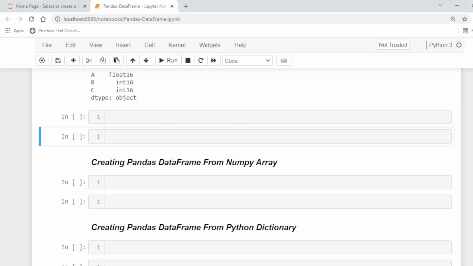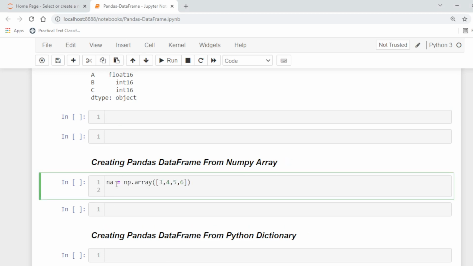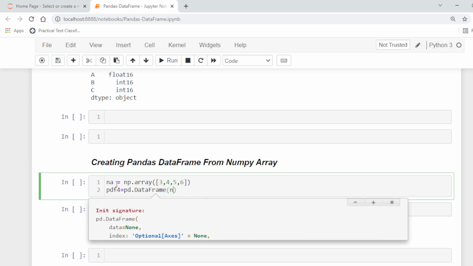So this is, for example, a NumPy array, let's say NA, and now we want pdf4, for example, equal to pd.DataFrame and NA.